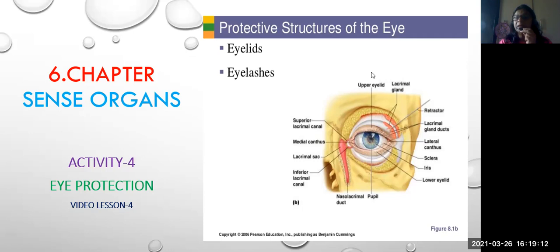Already you have seen the parts of the eye, isn't it? There are eyelids, eyelashes, lacrimal glands, then the lacrimal canal, and the outer layer called the sclera, and the iris, which gives the window for the entering of the image through the pupil. So all these are the various parts which we have seen inside the eye. Then how is each part helpful for the eye?